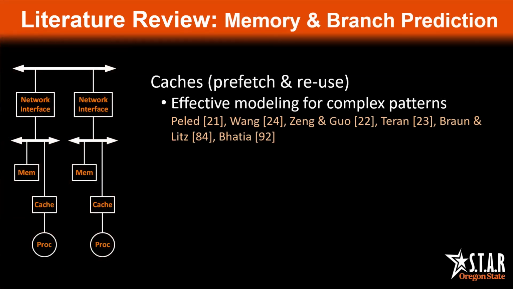Within the cache hierarchy, work has explored several methods for data prefetching and data reuse, both enabling more efficient cache usage. Peled proposed a reinforcement learning-based prefetcher to exploit semantic locality, which is essentially the locality derived from data structures. Wang instead used a simple decision tree to predict reuse prior to cache entry, and then cache data only when there is predicted reuse. Recurrent neural network-based prefetchers have also been explored. Recent work by Bhatia used a perceptron to filter prefetch requests, achieving higher accuracy than machine learning or traditional prefetchers on their own.